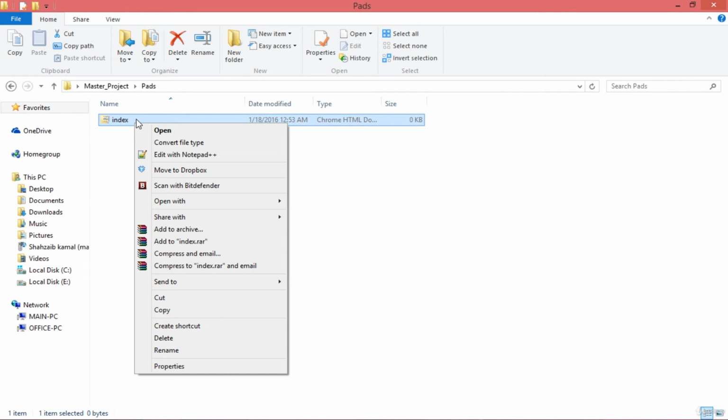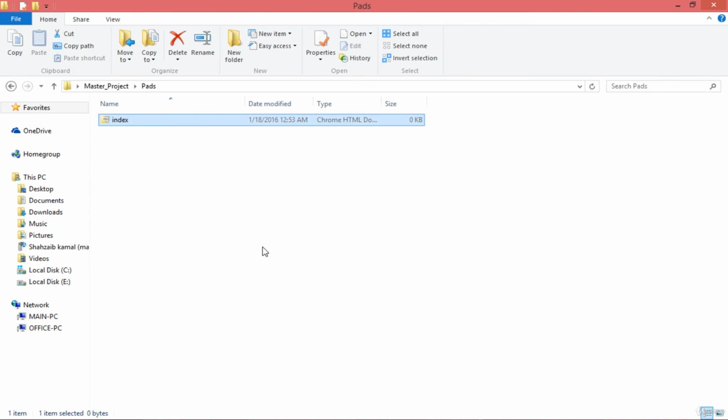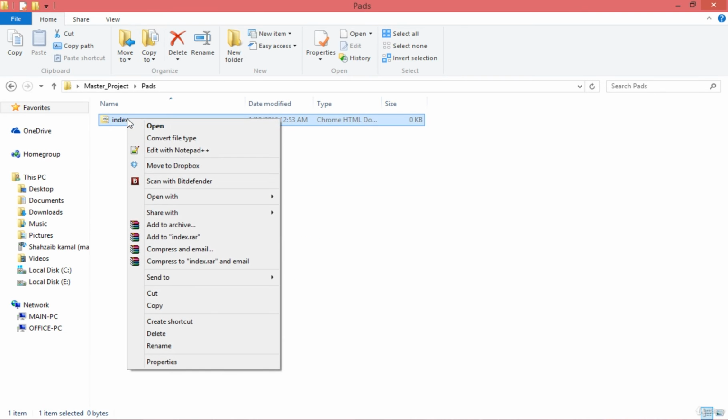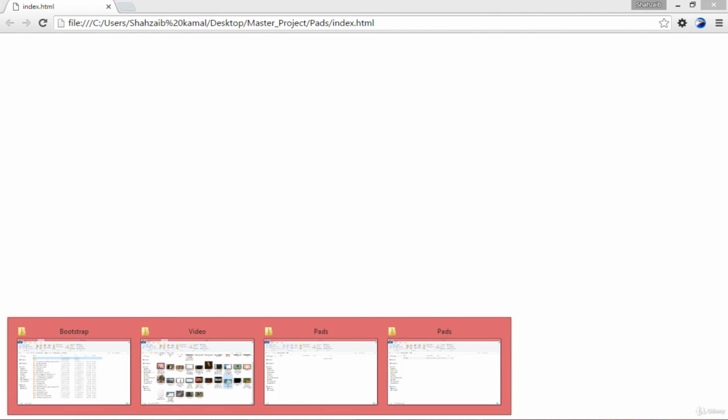You can confirm that the file type is index.html by going to the properties, where you can see the file extension .html, which is required. So let's click OK, right click on the file and click on open. Okay, now we are in a browser because the file format is HTML, so HTML means the web language or the web file. So we are in the browser for now.